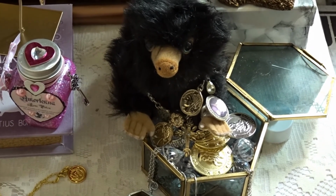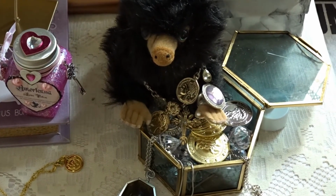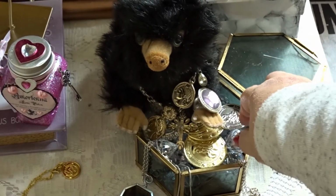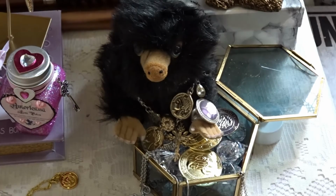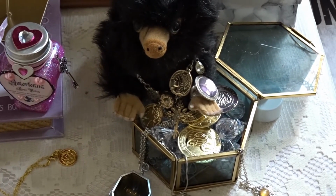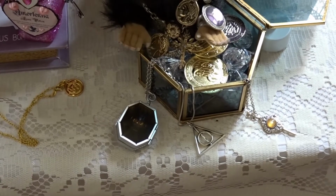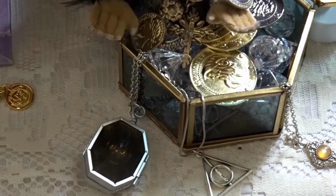I've got some coins from Wish, some galleon sickles and knuts. Then these diamantes are from Poundland, just for crafts. And also the box comes from Poundland. £1. This beautiful box. So I've got my Niffler, and then we've got the Slytherin locket, the Deathly Hallows locket,